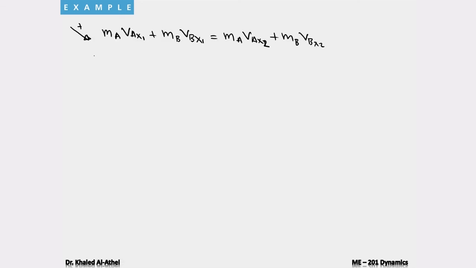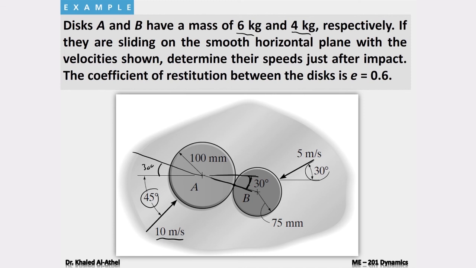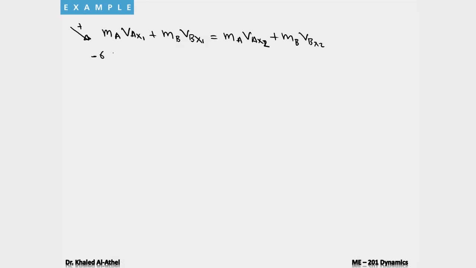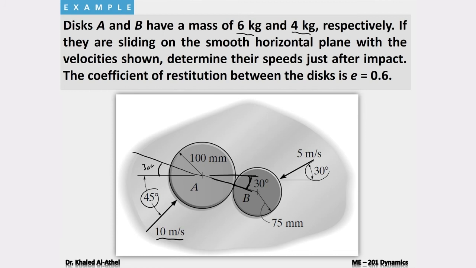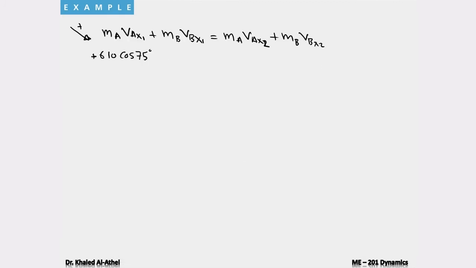So I have minus the mass, which was given to me as 6, and the other one as 4. So minus 6 multiplied by the velocity, which is 10, cosine 75 degrees. Now for VBX, the initial velocity component for A should be positive, and B's initial velocity should be negative. So I'll correct this one. So this is plus 6 times 10 cosine 75 minus the mass of B, which is 4, multiplied by the velocity, which is 5, cosine 60. This should equal